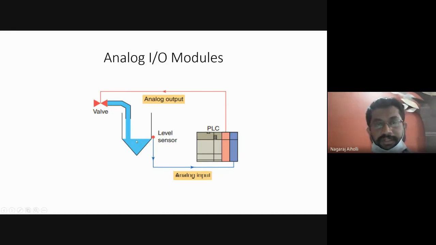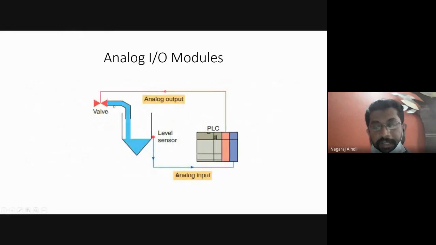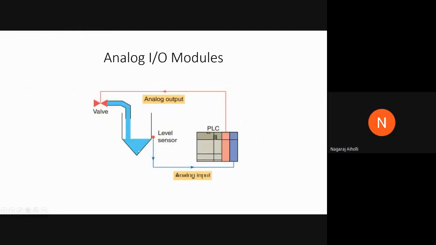It illustrates the use of analog I/O modules in a typical PLC control system. In this application, the PLC controls the amount of liquid or fluid in a tank by adjusting the percentage of the valve opening. Analog output from the PLC controls the flow by controlling the amount of valve opening. Depending upon how much the valve is opened, that decides the amount of liquid that will be flowing into the tank. If you open the valve less, then the amount of liquid flowing will be less,